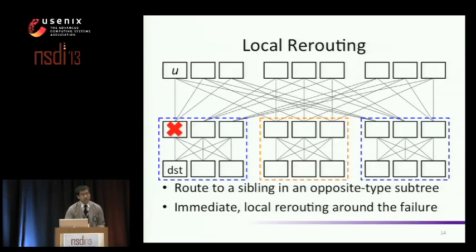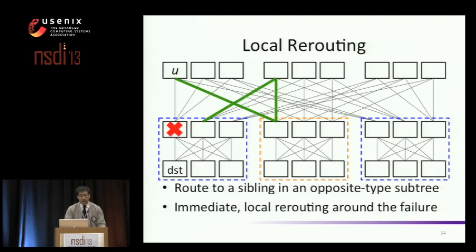The first of these is local rerouting, which uses this property that we're at most one hop away from a node with an alternative. Note that for illustrative purposes, I've changed this diagram slightly to be an ABA fat tree. But in this example, we still have this switch, U in this case, that wishes to send to the destination through a failed switch. To do this, it simply routes to a sibling in an opposite type subtree. In this case, that sibling is in a type B subtree. And in this way, we can get around the